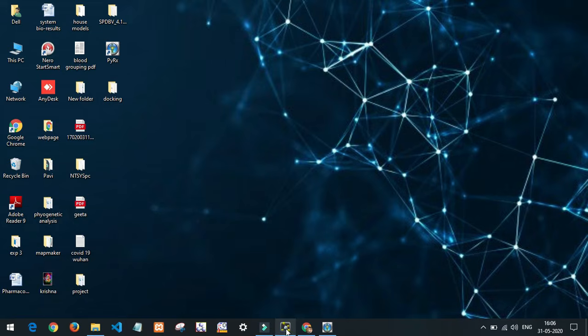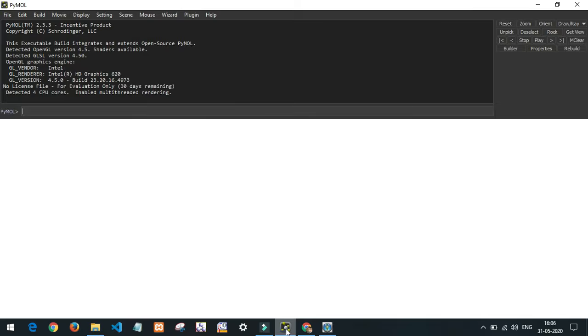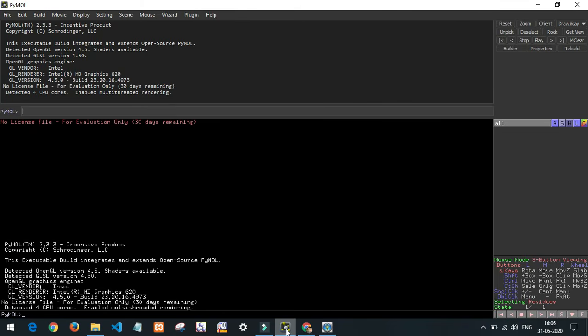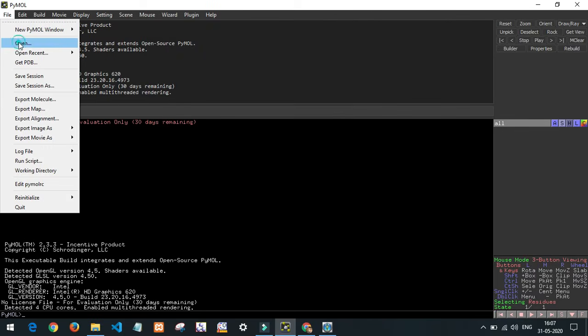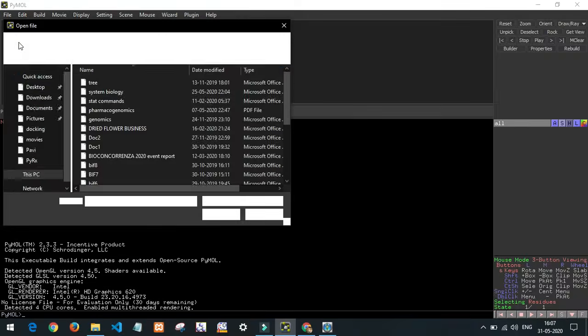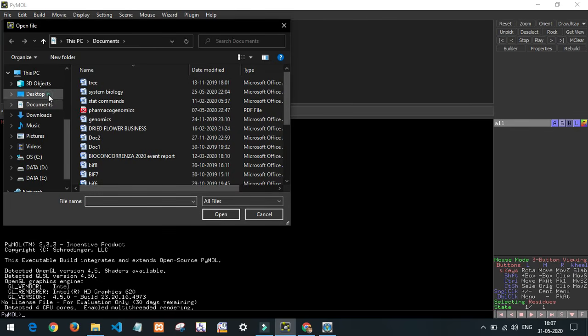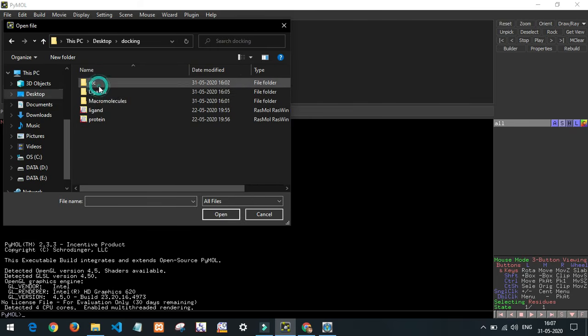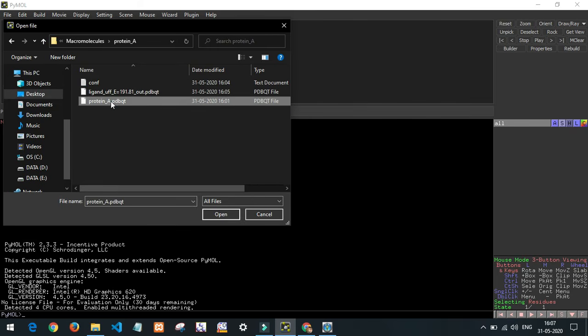PyMOL is open. Now I need to load our protein and the ligand molecule. For that, I am opening File, Open, and choosing the protein.